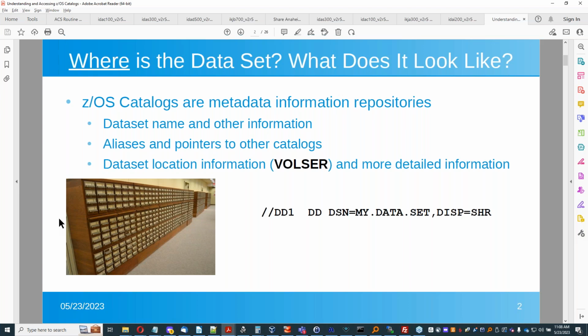You'd have to look through every book, and so a card catalog is really a very close analog to a dataset catalog. It contains the dataset name and information about where the dataset lives, primarily the volume serial number, but other things as well, just as in a book, how many pages there are and what the subject of the book is. There's lots of other information in the catalog for any particular dataset, as well as